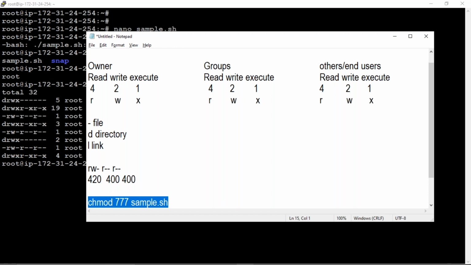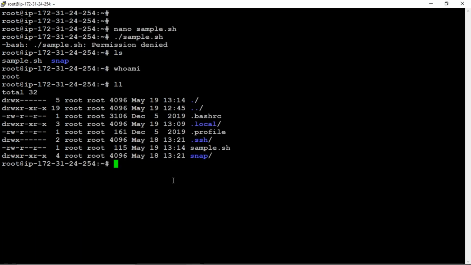I copied this command and posted it in the chat box as well. That is the command we need to execute. So now try chmod space 777 space sample.sh. Now observe.